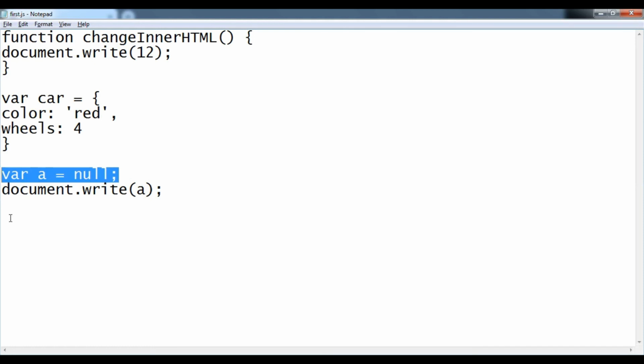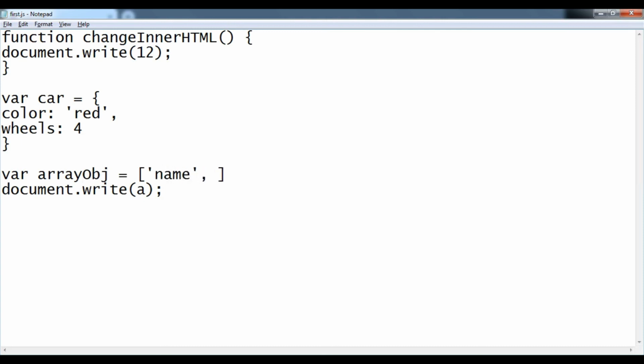Okay, the last thing is array. Think of an array as a container which can contain multiple types of values. Let me show you an example of arrays. To create an array, you need to create a variable equal to a square bracket, and now I can put multiple types of values in there, like a string, number, boolean, and we can even put object type values as well.